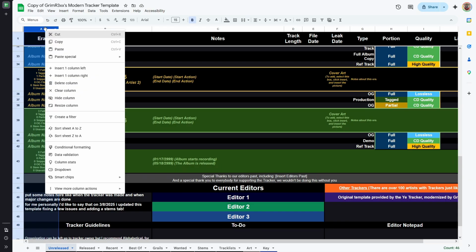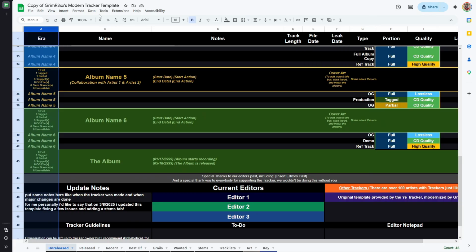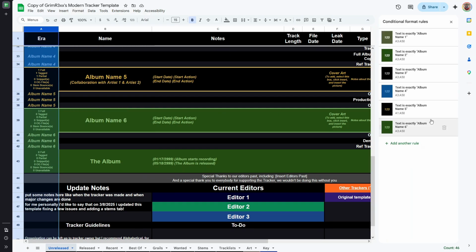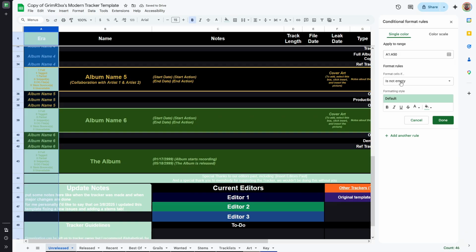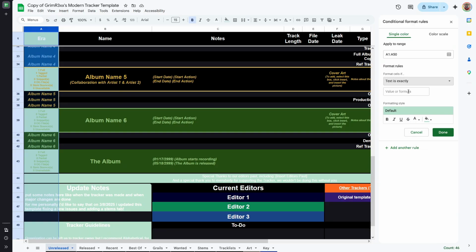And then we are again going to right click on A column and click conditional formatting. And again, alternatively, you can also go to format and conditional formatting, and it's the same menu. And then click add another rule. And then we're going to click on format cells if, and we're going to click on text is exactly. And once we're in here, we're just going to type in the name of the era that we're using. You want to make sure it always matches. This is the most important thing. If it's not matching, it's not going to work. So I'm just going to type in